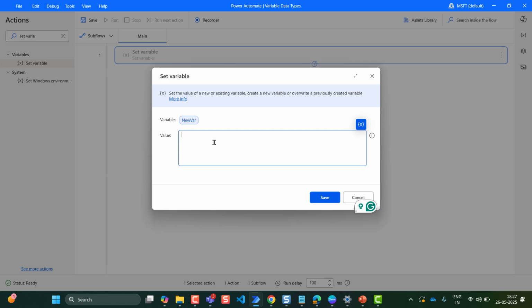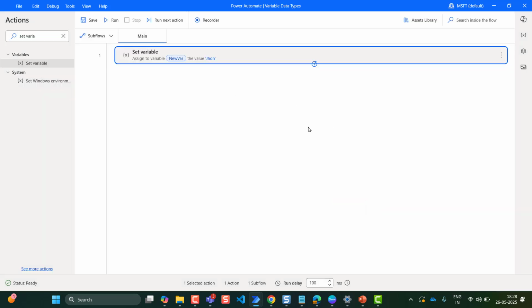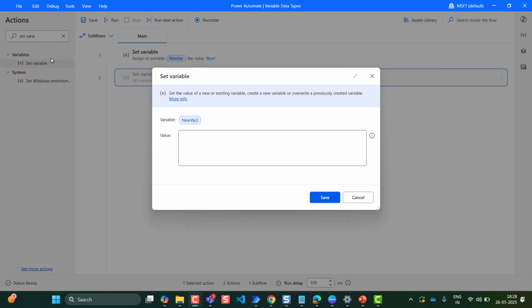This is the Set variable action. If you give simply any name here in the value section, we don't need to select any type. It will automatically be typed as text. Let's save it. This is the text data type. Text data type, as you have seen, and I will drag one more Set variable to show you the numeric